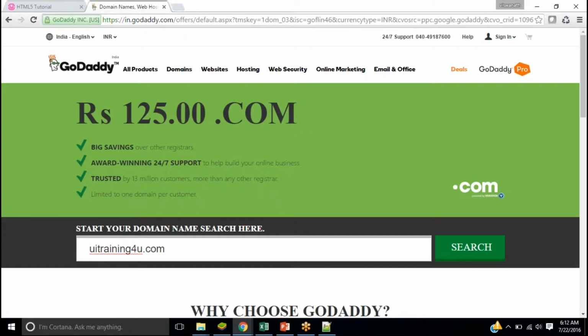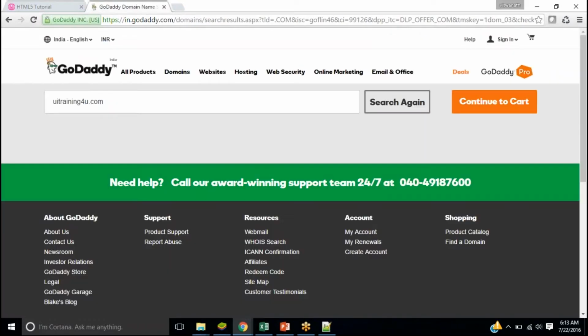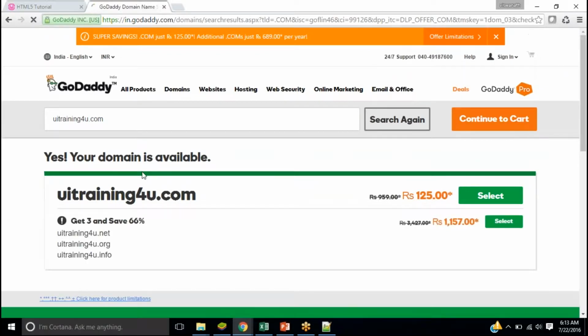You can purchase it, it's like email registration. If you're signing up for a new Gmail address and you type something that's already taken, it says so, right? You have to go for some other email ID. Same way with the domain names as well. It will actually say, see, this is available. So you can directly purchase it for 125 rupees per year. Okay. Things like that.